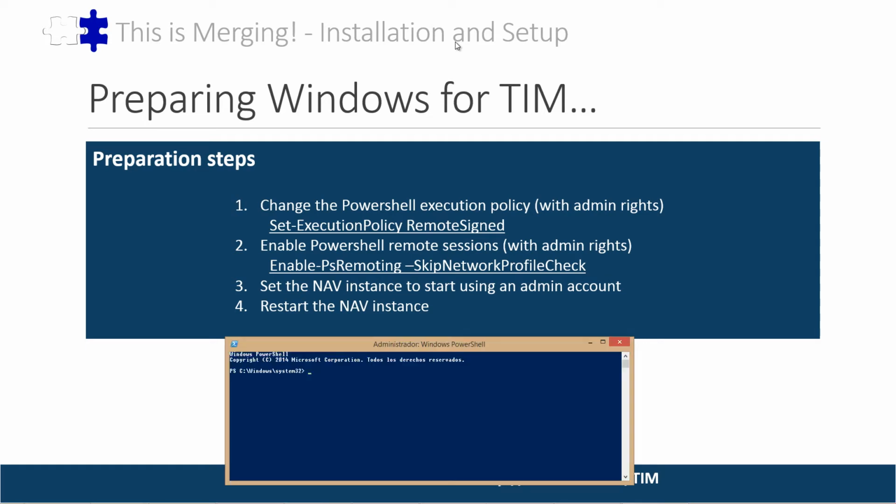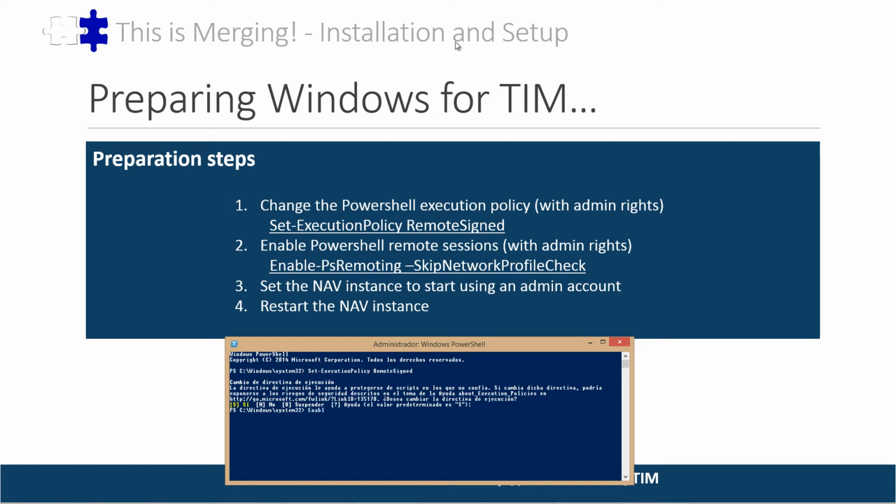Let's see it. We get our PowerShell command prompt and just type both of those instructions, accepting any messages. In this case, set execution policy remote signed. Yes, and it's done.